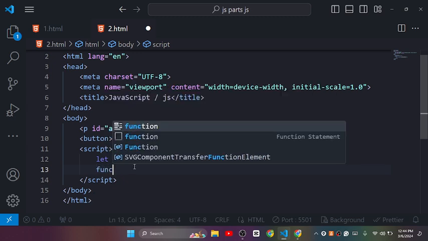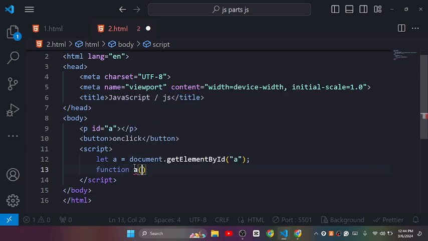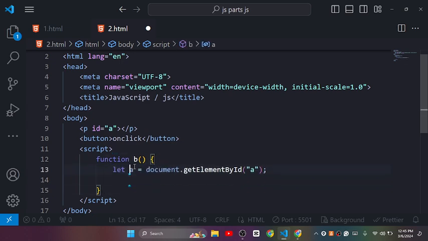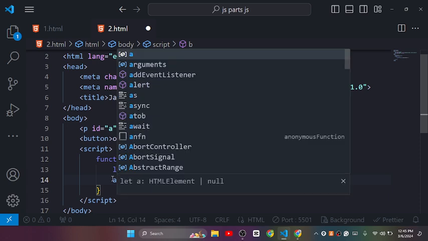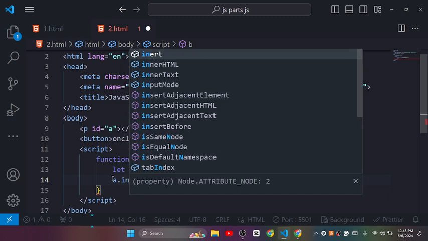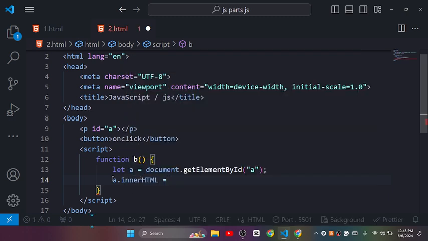Now if I call a function, function a, not a, there is a mistake. Function a, if I write it like this and call function a, so there is a function. So if I call here a, a dot innerHTML equal to number 12. So if I come here in the button and click right here onclick